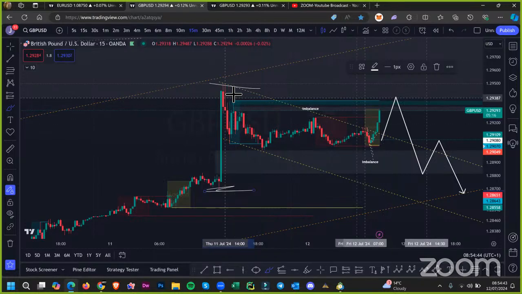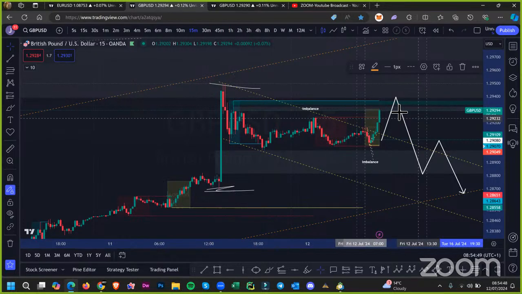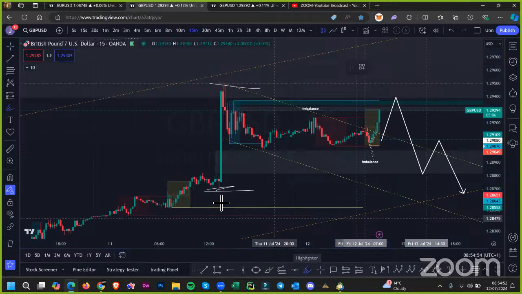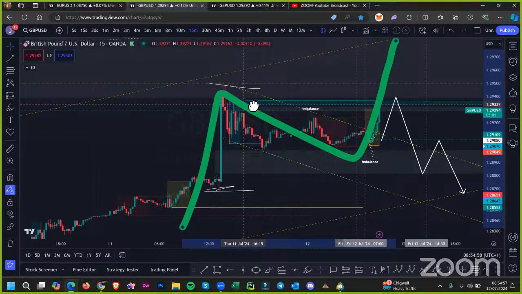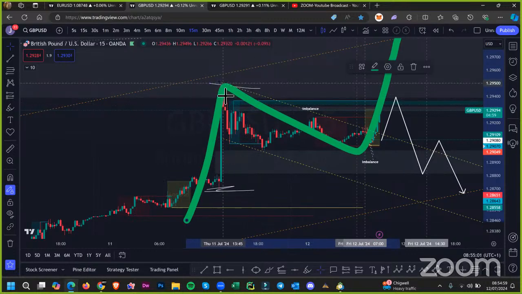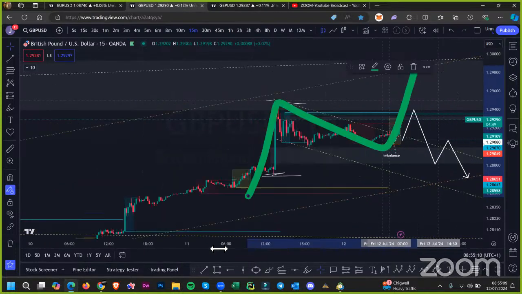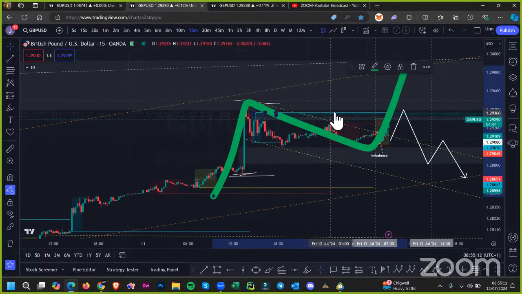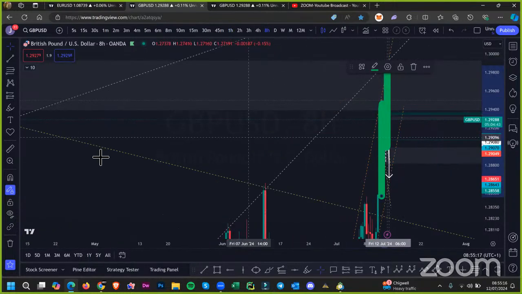Like I said, this high here, though it's close to this range here, we do not know whether or not it has finished its journey to our orange range. We don't know. We know that this is a premium. That's why the market sold off from here, but we don't know if it's finished getting to its actual point. So we have to look at what the draws on price are. The draws on price are imbalances, liquidity, et cetera. Have a look at this. What I've identified here. If I can zoom back,